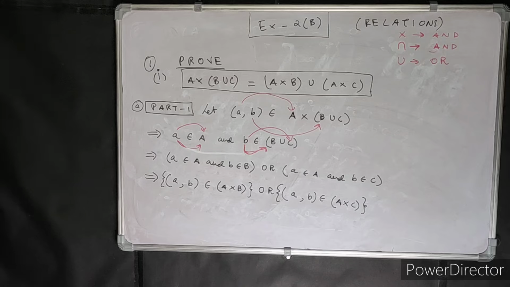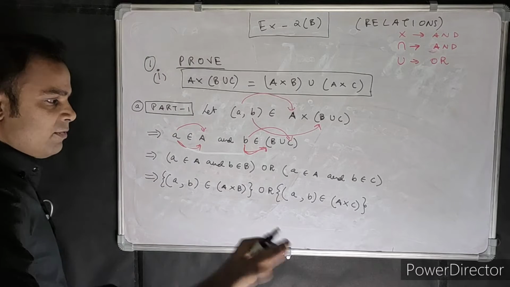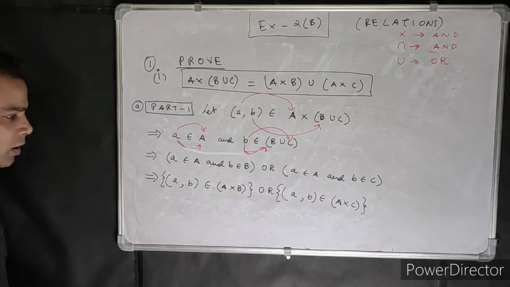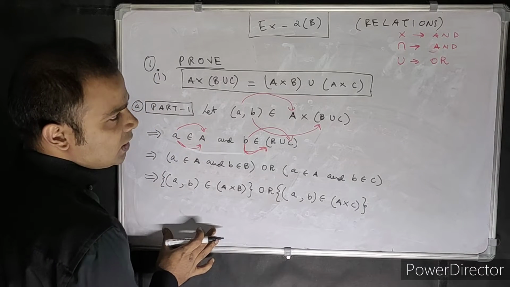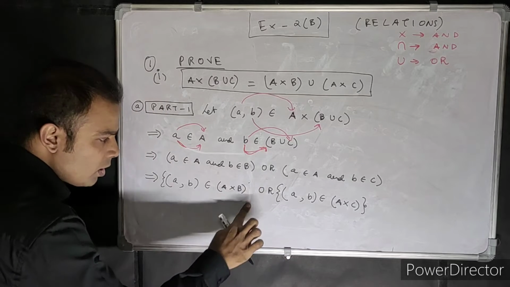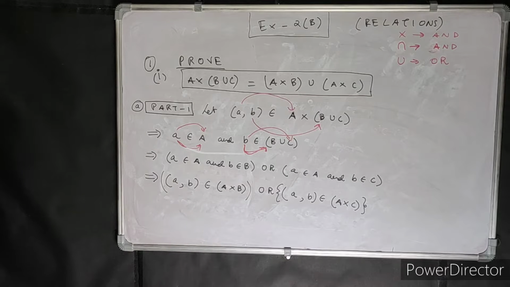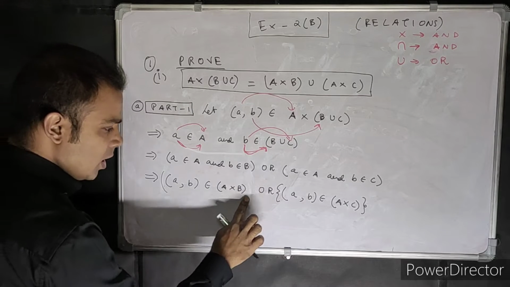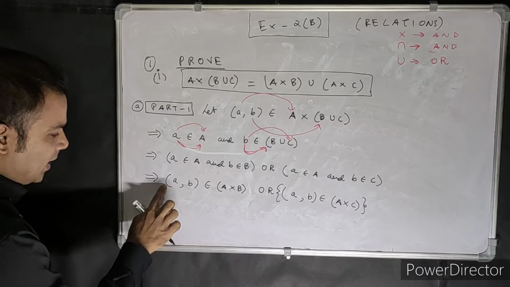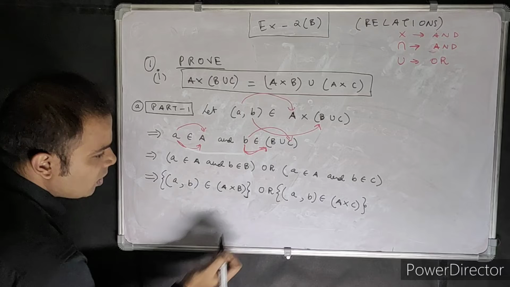Put that also in curly brackets. All this using a bracket and all, you don't have to worry. You can do anything you like. The only thing they're going to see is how you're going to prove this, the main logic. You can just put the same bracket if you want to split these two parts. But I want to make it look a little bit nice. That's why I'm putting a curly bracket. You can put a square bracket if you cannot make a curly bracket.